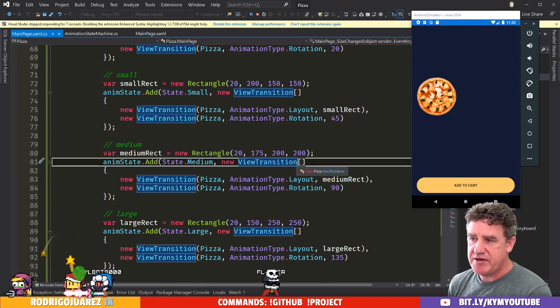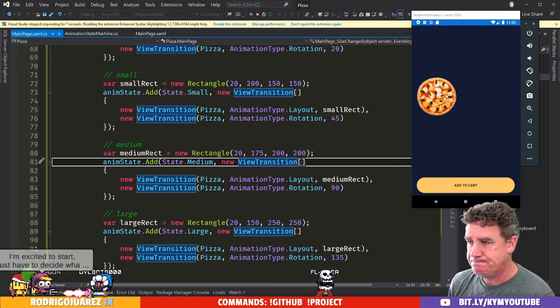All right, so maybe we should get rid of some of these hard-coded values. Maybe we should say,